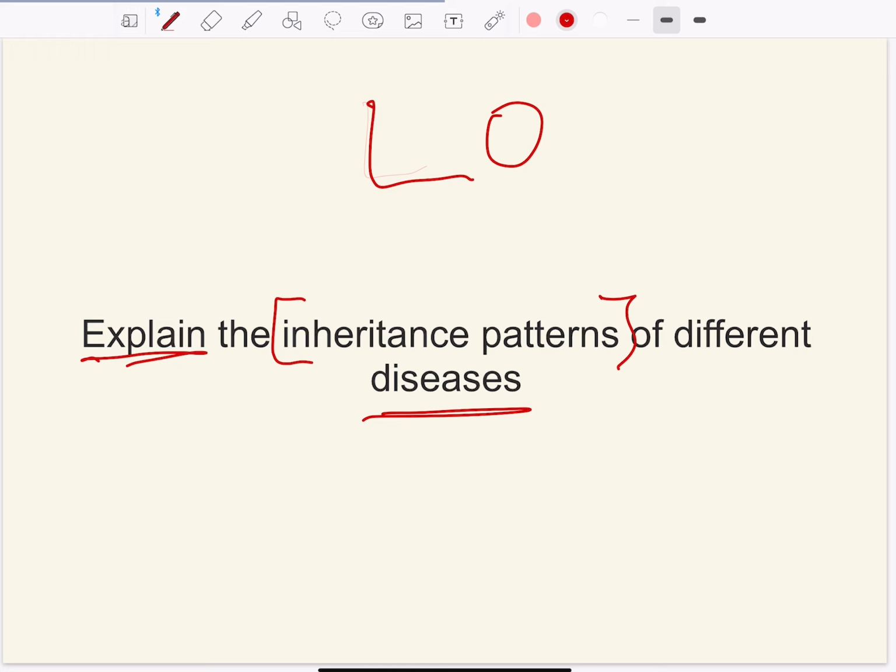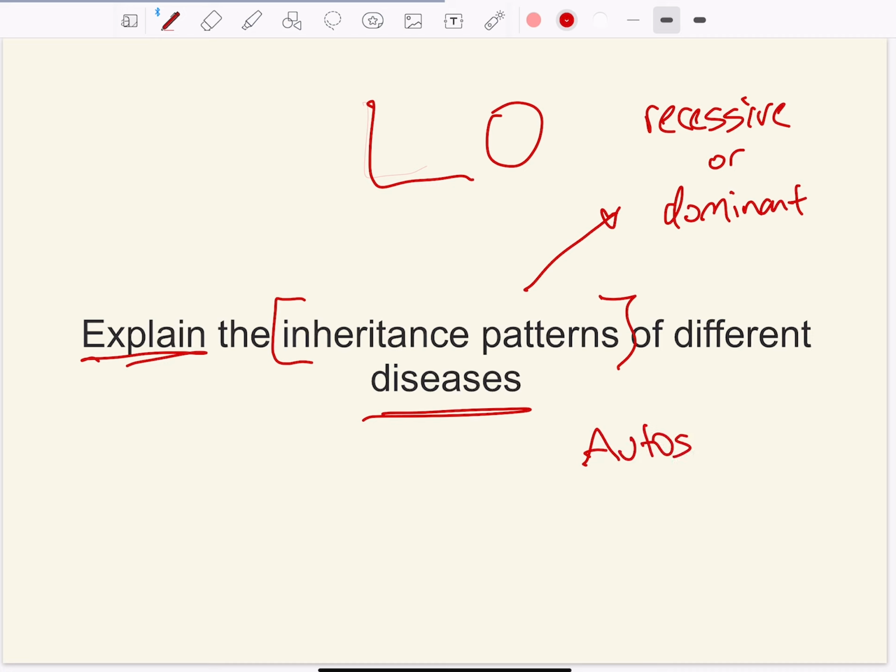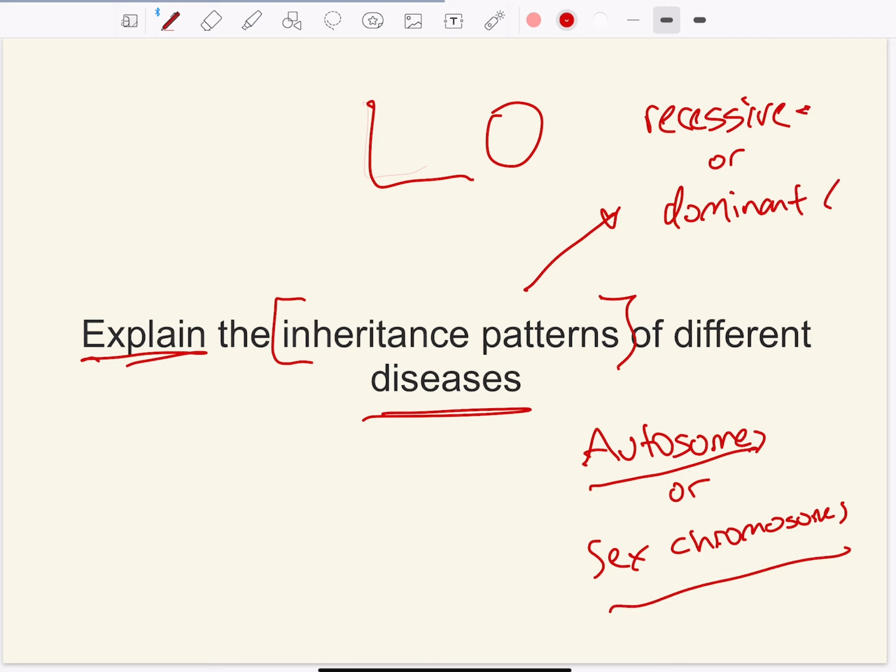Well, inheritance can be either recessive or dominant, and I'm sure you've heard these terms. And in terms of the genes that we're referring to, where are they located, on what chromosomes? The chromosomes can be either autosomes or sex chromosomes. So the inheritance patterns that we're going to go through today are autosomal recessive or dominant, or sex chromosome recessive